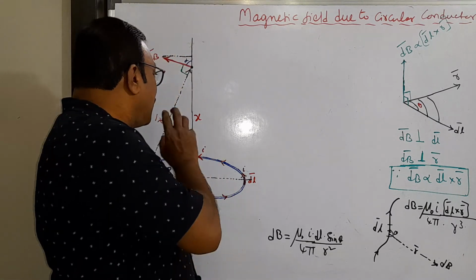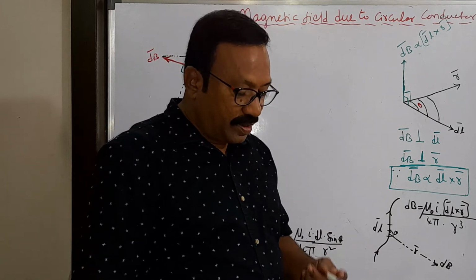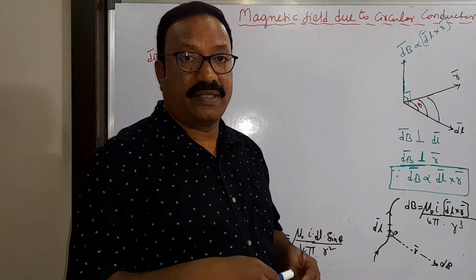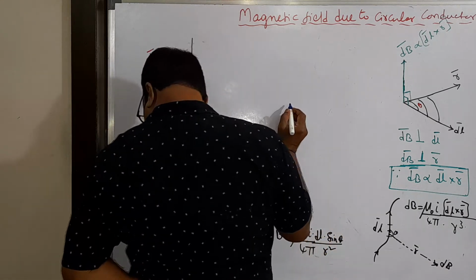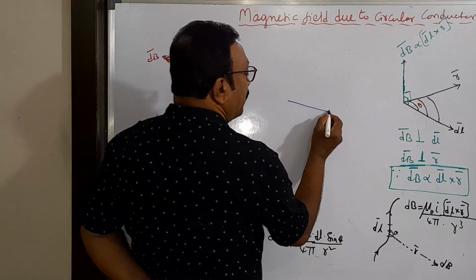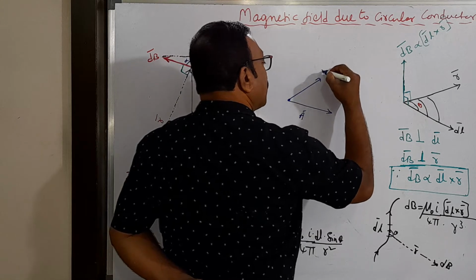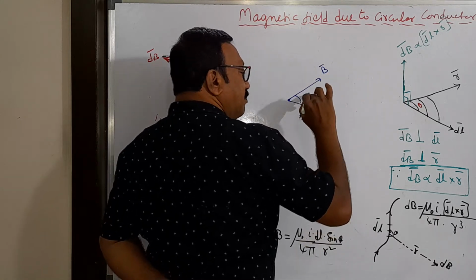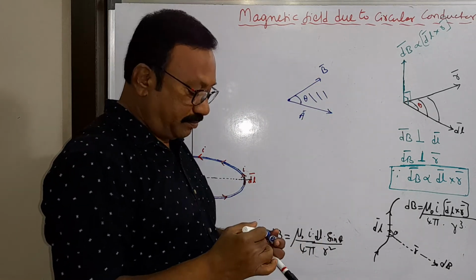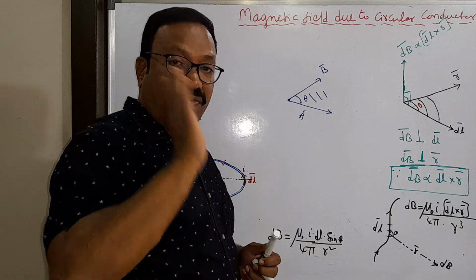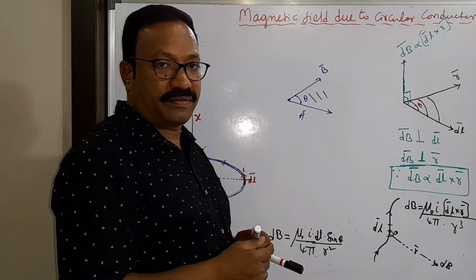To understand or to derive this expression, first of all, we must know some basic information. That is the determination of cross product and direction of cross product. Say for example, you have a vector A bar here, another vector B bar is here. This is a plane containing A bar and B bar, and this is the angle between A bar and B bar. I want the direction of A cross B. How will you find it? You must know that to do this derivation.